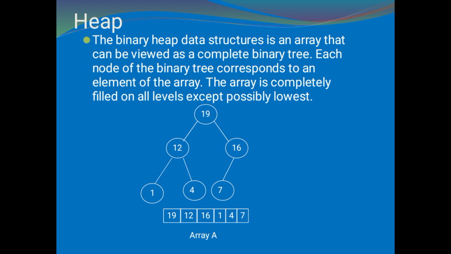Okay, in heap sort we will be arranging the unsorted list of elements given to us in the form of a tree structure. Here if you observe, you can know it. Here I am given an array of elements 19, 12, 16, 1, 4 and 7. I organize them in the form of a tree by placing the first element at the first position, the second element at the second position. Like that I constructed a tree. This is nothing but a tree structure for the elements given.